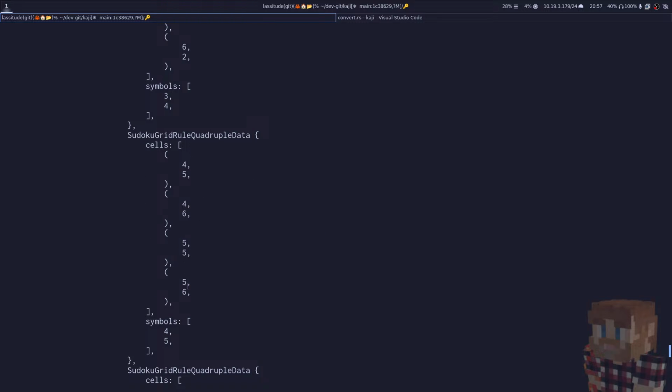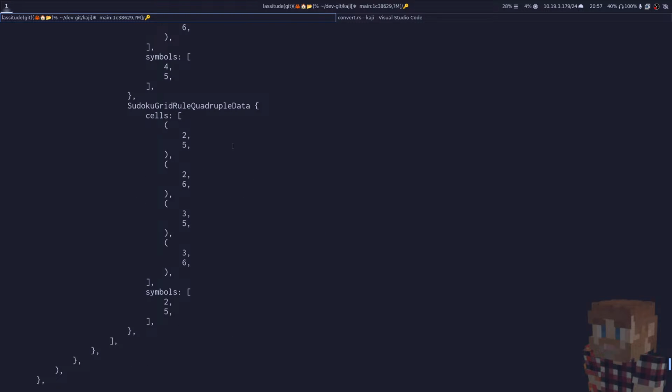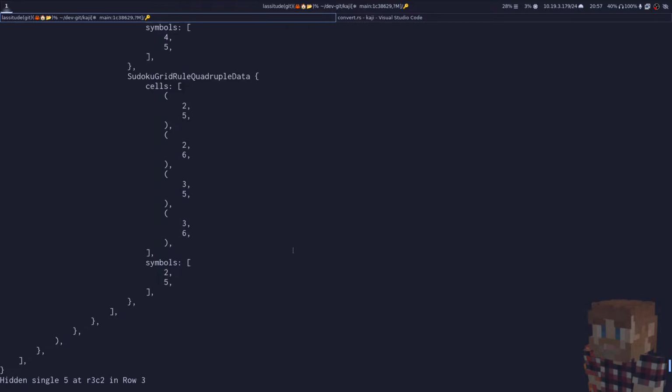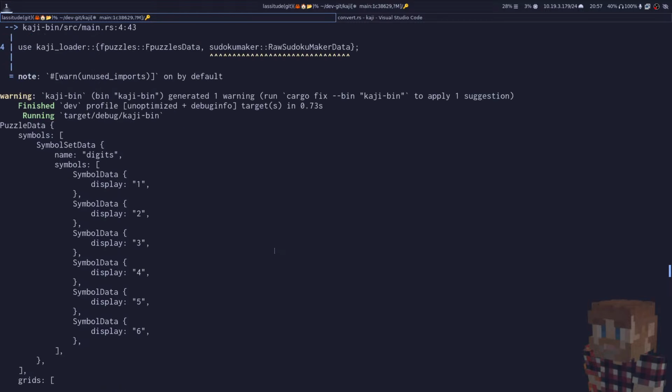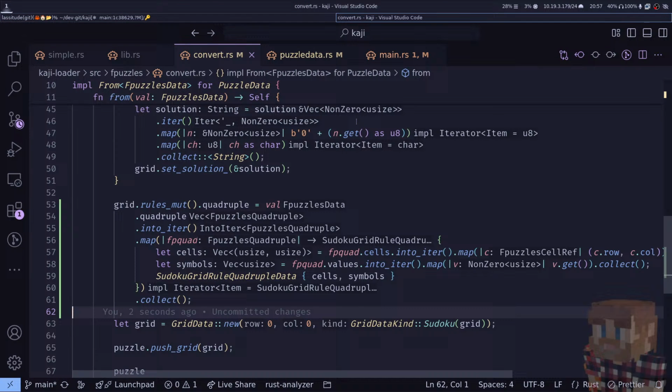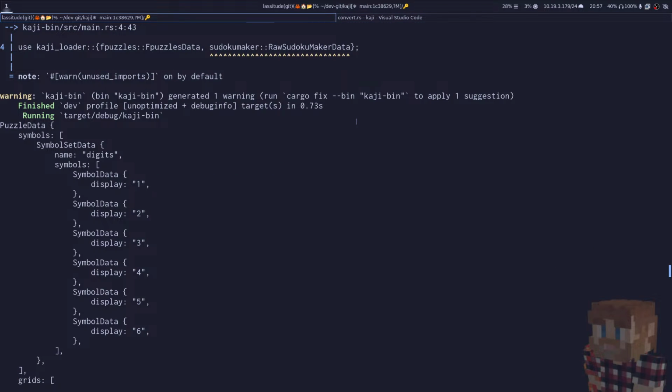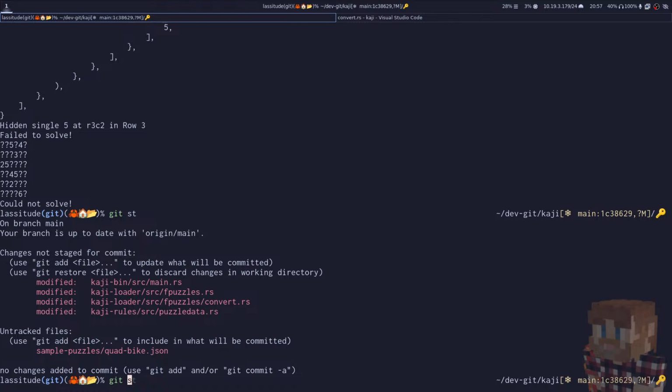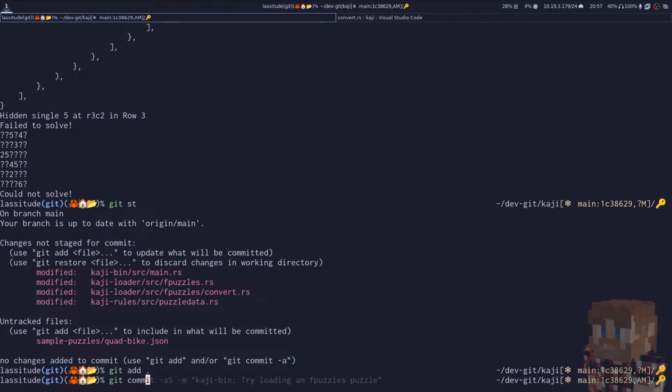4 5 4 6 5 5 5 6 that needs a 4 5. And 2 5 2 6 3 5 3 6 that needs a 2 5. So those are all of our quadruples. So I'm happy about that. We've successfully loaded the quadruples in. In fact, I'm happy enough that let's do a git add, and let's